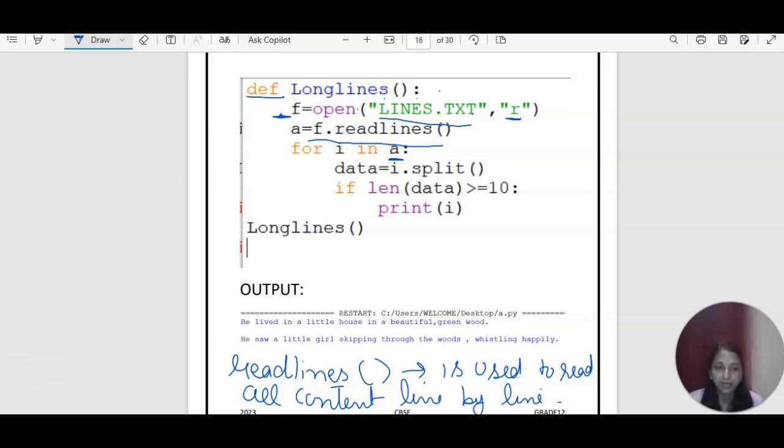Now you have to divide it. What they are saying is you have to find the number of words inside it. So the single line will be divided into words. With the help of the split function, you will be able to divide it into words, and it will be stored in the form of a list. So this will come as a list with the elements. Now the point is, if you want to check the number of elements in a list, you can do it with the help of the len function.